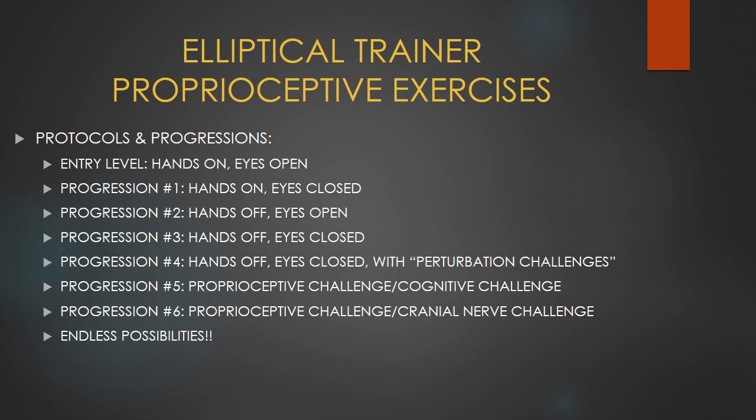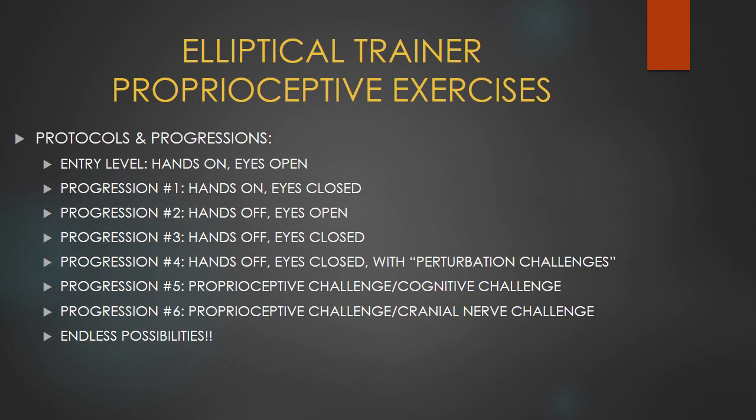Another example that you can use is to introduce some cranial nerve exercises to exercise the brainstem and the cranial nerves. So you can do the elliptical trainer, no hands, no eyes, and go through some exercises for cranial nerve number 1, such as inhaling and sniffing to stimulate the olfactory nerve, such as reading a magazine to stimulate the optic nerve, such as doing cardinal planes of gaze exercises to stimulate cranial nerve 3, cranial nerve 4, and cranial nerve number 6,